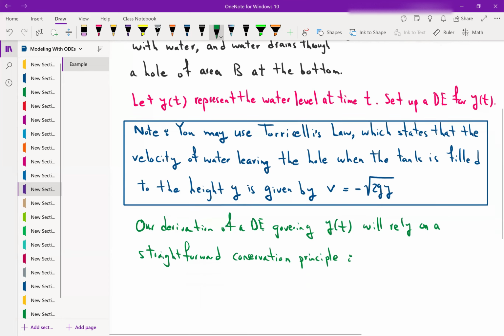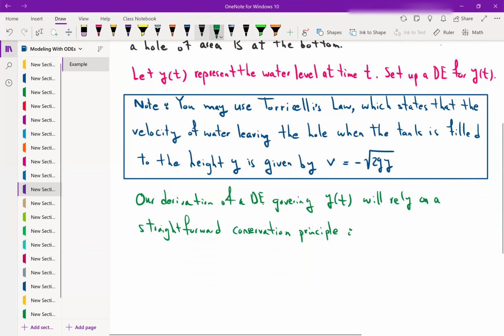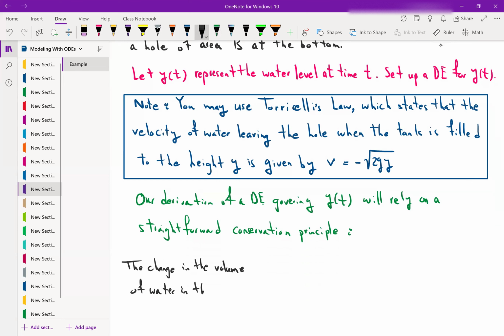So what is the conservation principle? On the left, the change in the volume of water in the tank